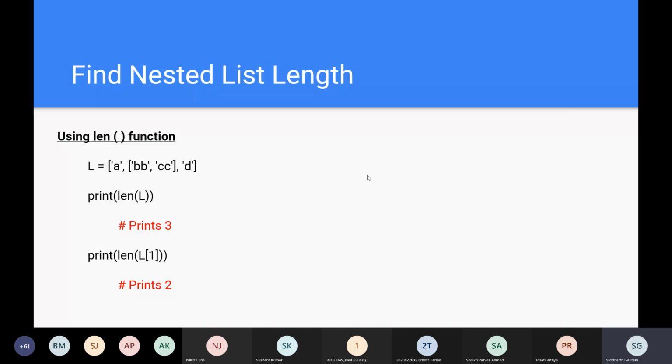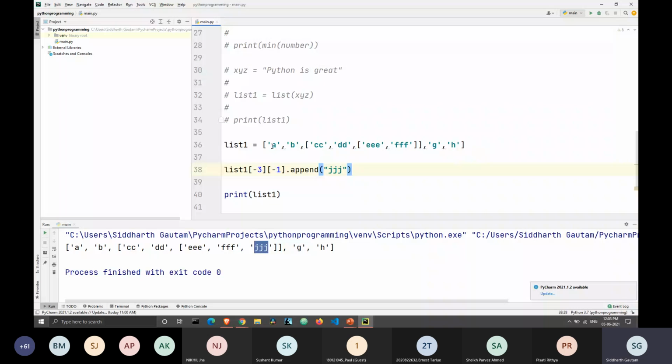And so, finding the length of a nested list. This is the 0th element, this is the first element, and this entire list is the second element. So this means that it only counts for a length of 1.